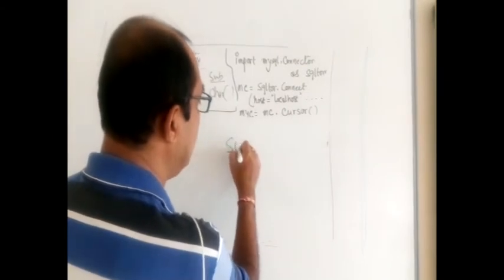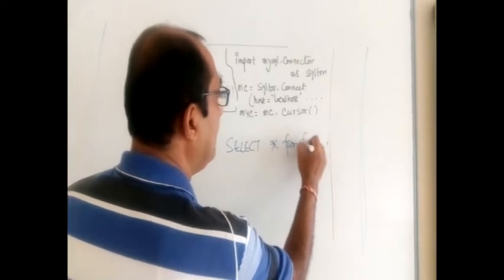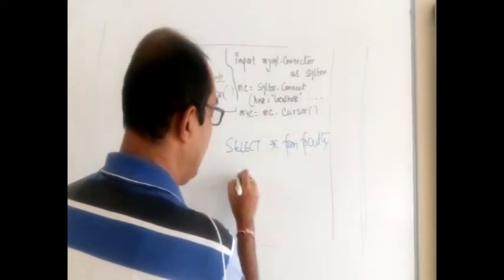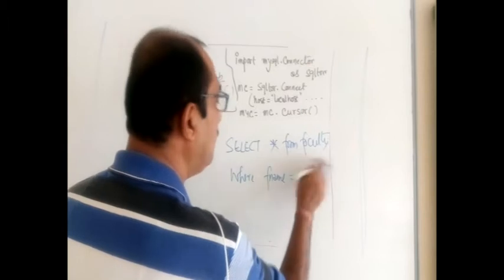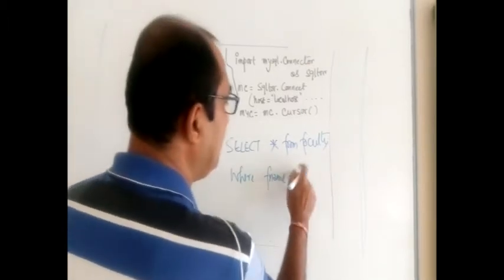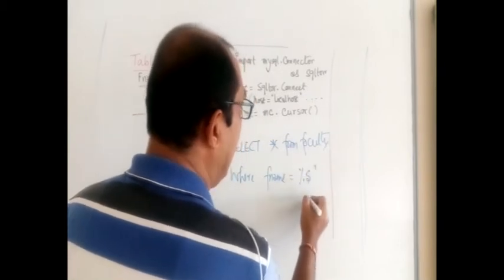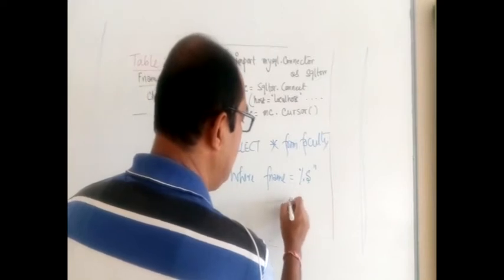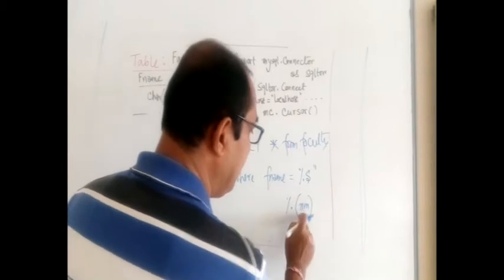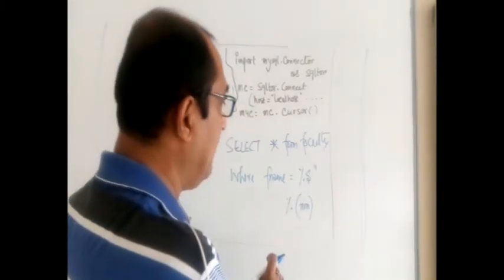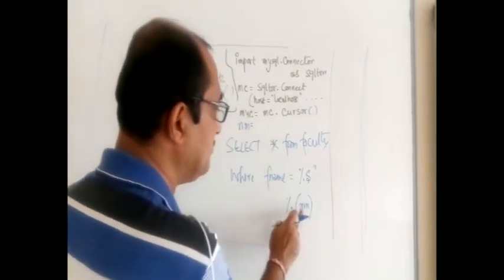Say the command is select star from faculty where, say, I wanted to write fname equal to whatever. This part we left to the user by putting a placeholder like this. This was my parameterized query. And after this, we provided the value by writing a variable, but it will come in the form of a tuple, if you remember. So this nm is the user's input. Depending on the user's choice, we can have the query here.